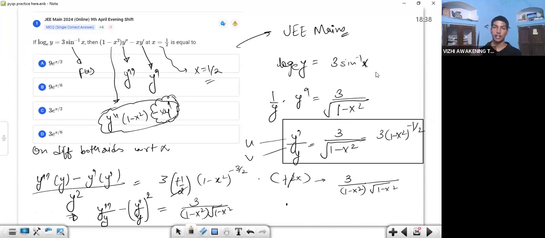So 3 sine inverse of x. Okay, so y dash by y, this becomes this. Now on differentiating both sides, u dash v minus u v dash upon y square. That's okay, yeah. 3 into differentiation of root 1 minus x square. So it will be minus half, and 1 minus x square is 1 minus half into minus 2x. This cancels this, and further simplifying this, it will become